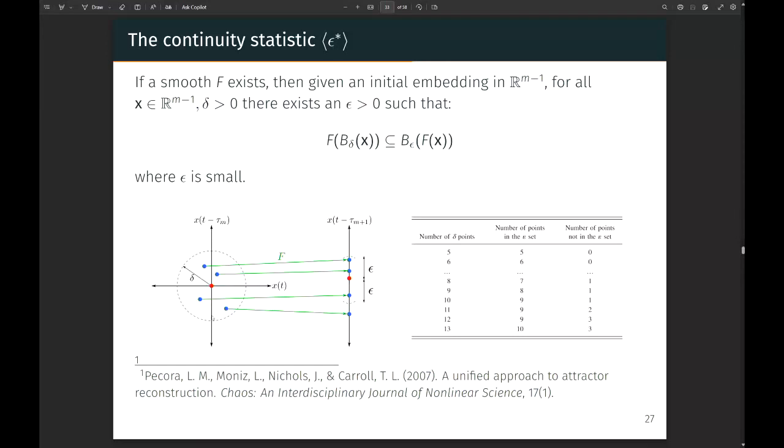But essentially, if you have 5 points in here, to reject the null hypothesis that it's by chance, you need all 5 points to be in this ball here as well. And the numbers differ as you increase the number of points, because it is with respect to some kind of confidence interval.